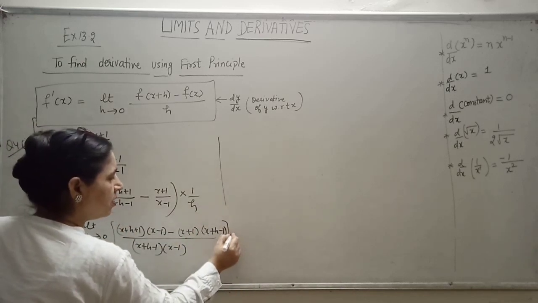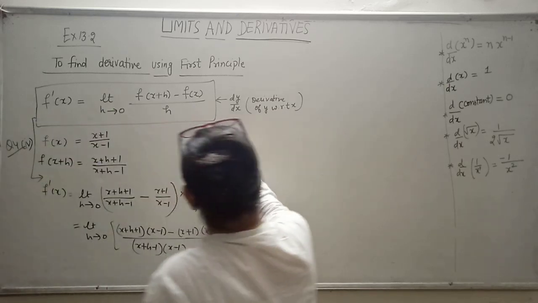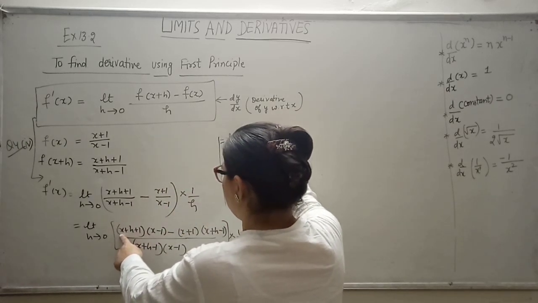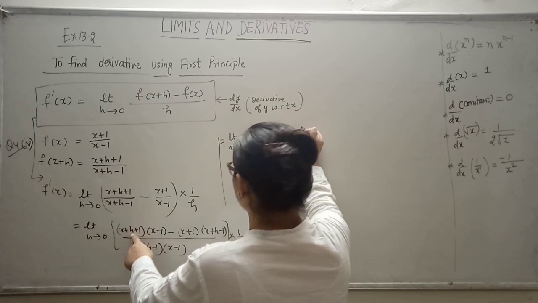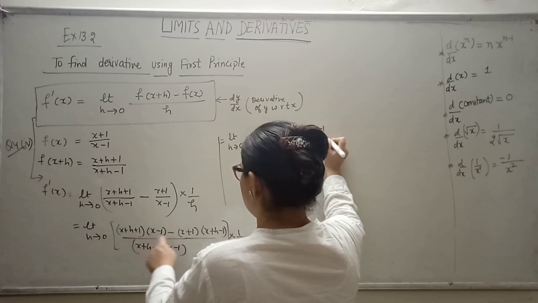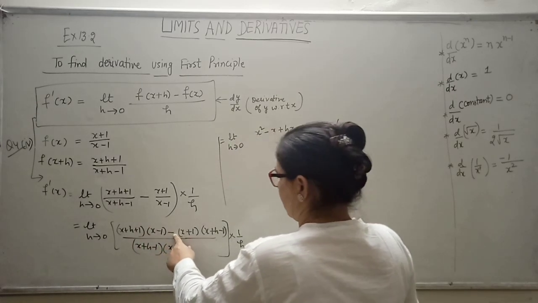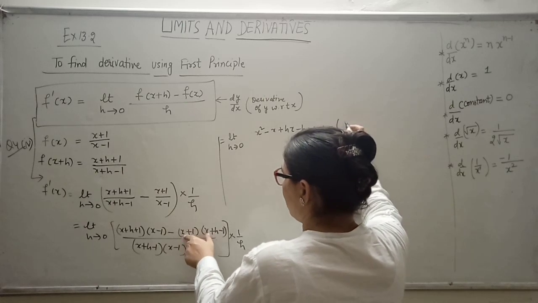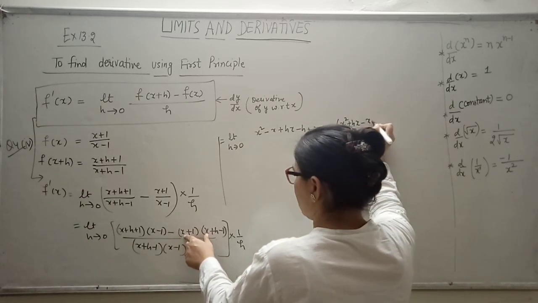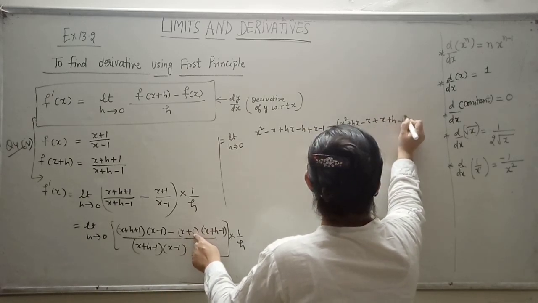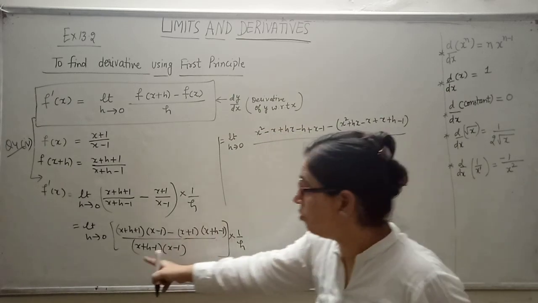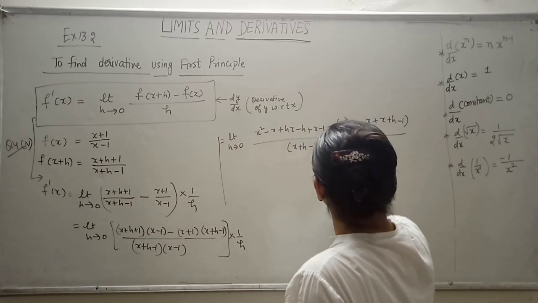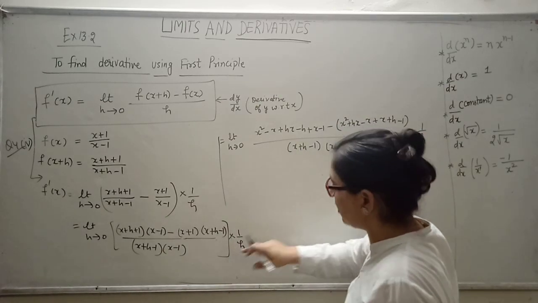into 1 by h. Here the calculation is a bit long for you, okay. So limit h tends to 0. First of all we will multiply this x by x minus 1, this would become x square minus x, then h will be multiplied: plus hx minus h, then this 1 will be multiplied with x minus 1, then minus, put the bracket, otherwise there will be some errors in the signs, so it's better to put the bracket. x will be multiplied: this is x square plus hx minus x, then 1 will be multiplied, then x plus h minus 1 upon, no need to multiply in the denominator as I told you earlier, do no calculation in the denominator, leave it as it is, into 1 by h. Don't forget to write down this 1 by h, then limit h tends to 0.